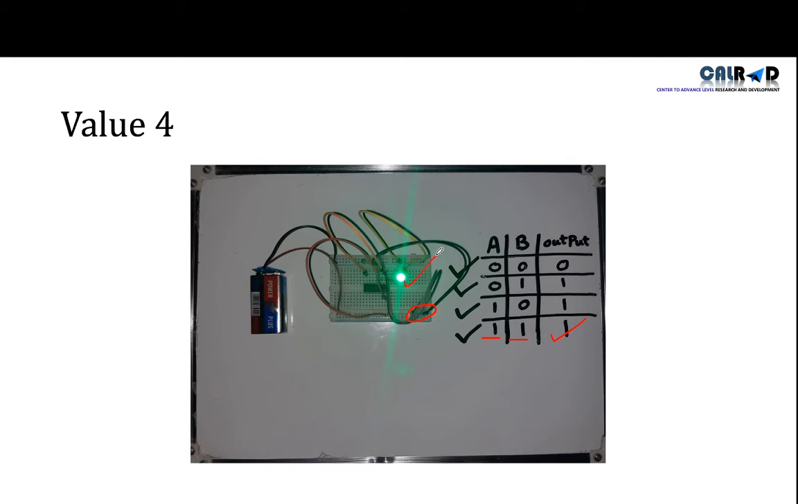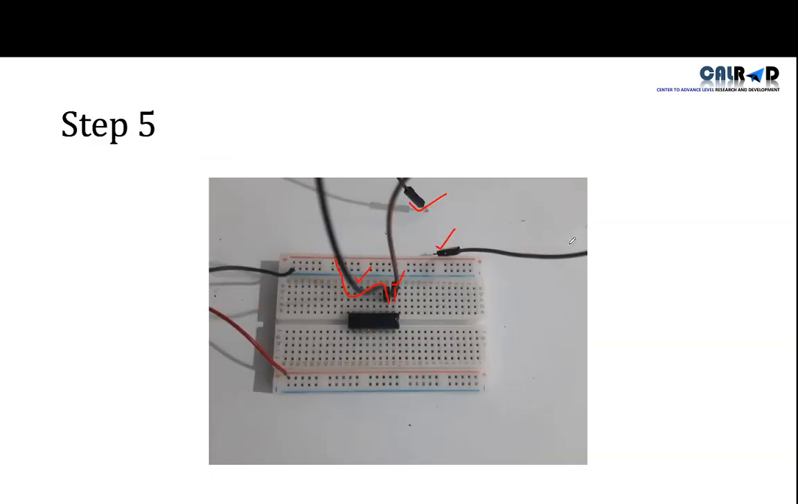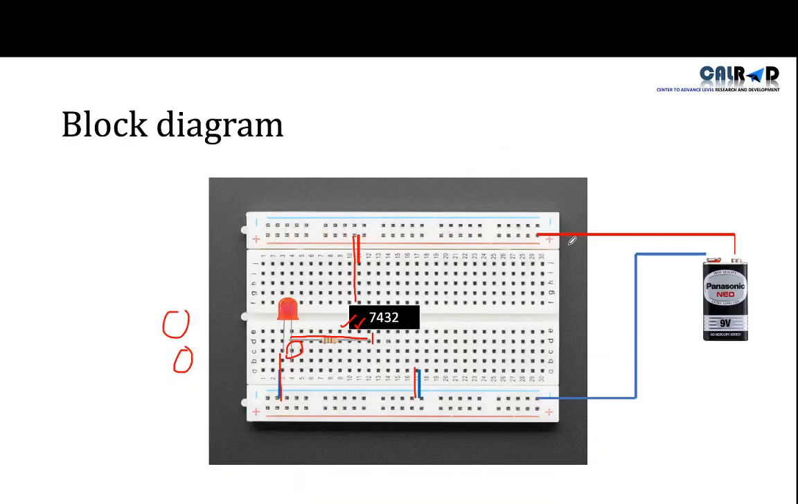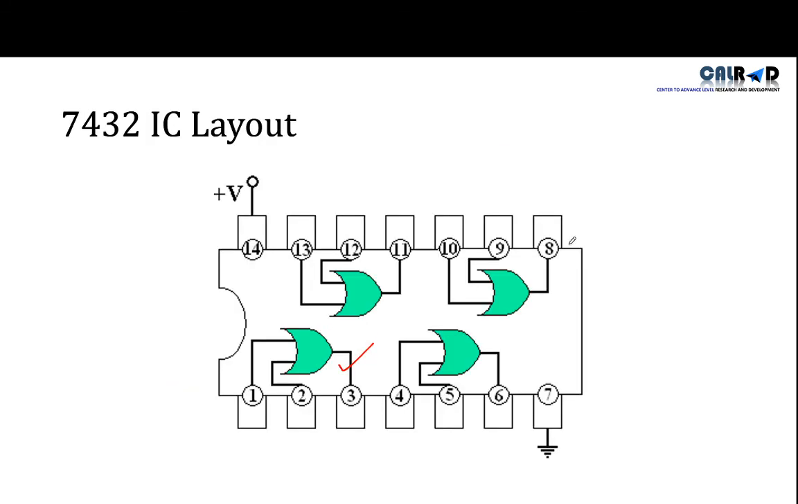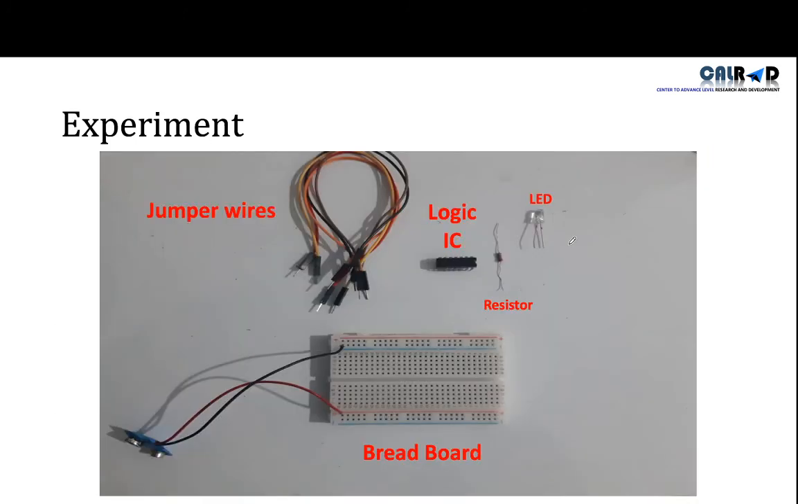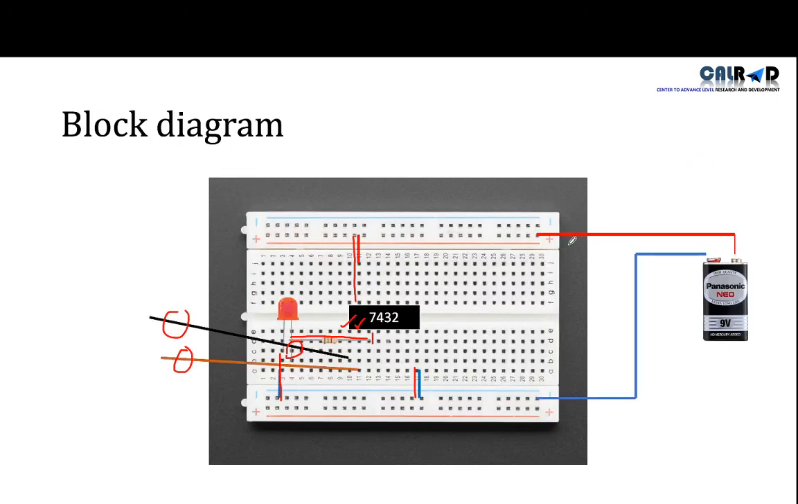So hence we prove that the experimental setup is same as the truth table. The LED will blink if even one value is positive, but if both values are negative, LED will not blink. So these were the steps for the OR gate IC. Now we have completed this experimental setup for 7432 OR gate IC, and now we will do the